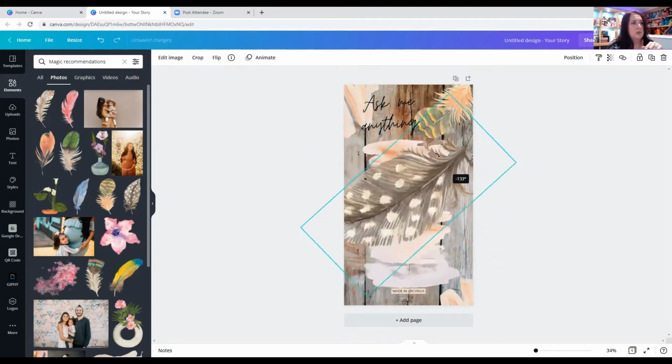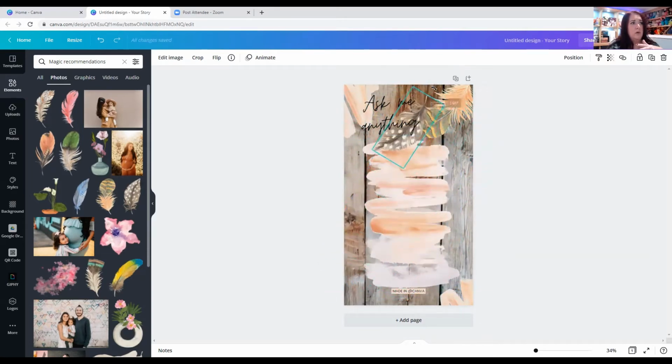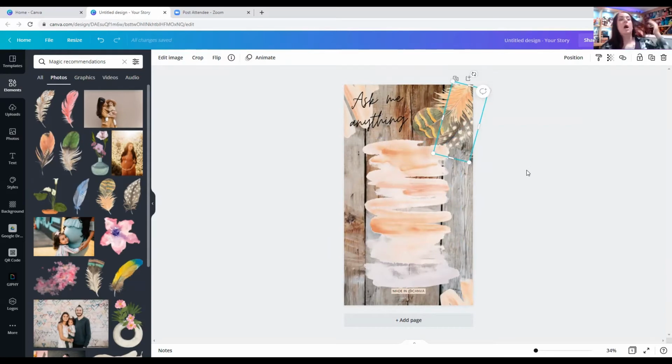Same thing. So I'm just showing you a couple of customizable things because then I'm going to get into the nitty gritty of these textable links. Make sure that you are on the correct one. And then say I wanted this feather in the back, I would click position back. And now it's back underneath of everything. It's totally customizable. What I'm going to show you today is not the end all be all; you can be as creative as you want. So let me now go back and show you